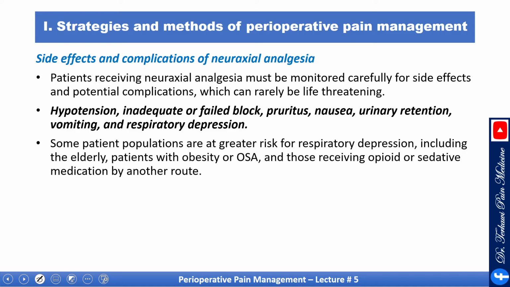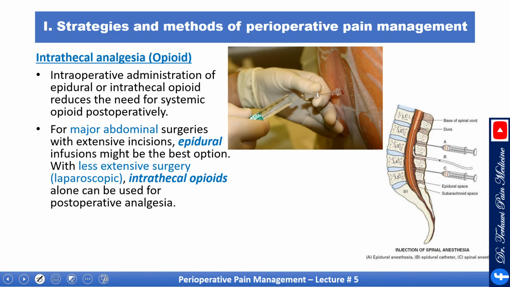Side effects and complications. Side effects include hypotension, inadequate or failed block, pruritus, nausea, urinary retention, vomiting, and respiratory depression. Let's talk briefly about intrathecal analgesia. Intrathecal opioid administration is a very useful and simple technique that's unfortunately